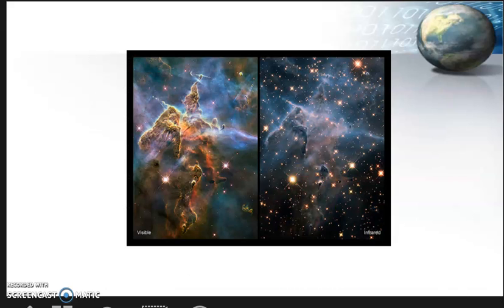So here we can see the difference in 2 images. The one on the left is visible and the one on the right is infrared. So this is a comparison of the Carina Nebula in visible light, like I said, on the left, and infrared on the right, and both of these images were acquired by the Hubble